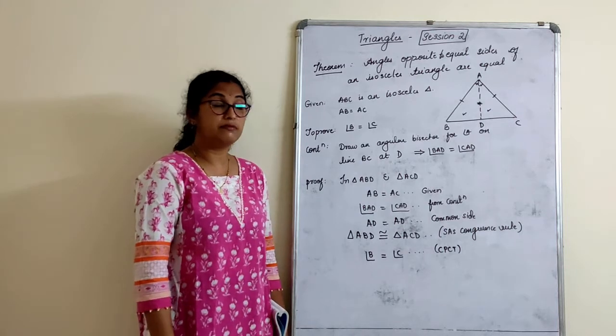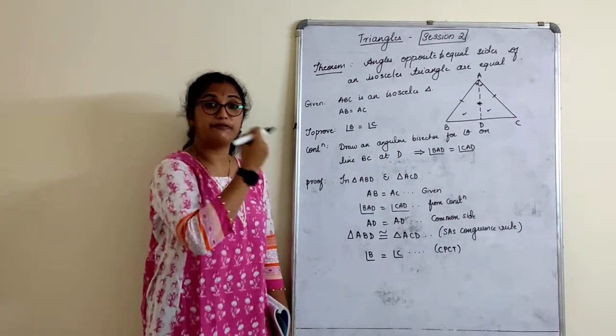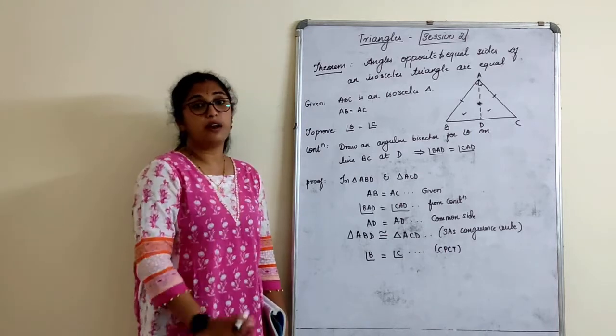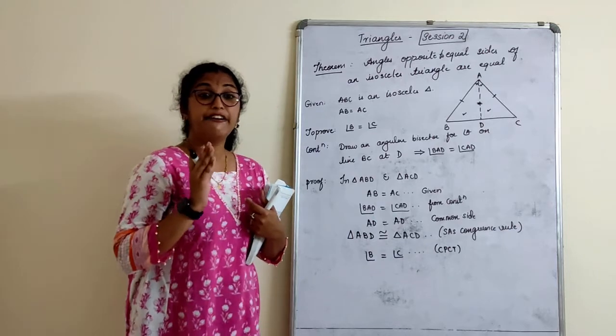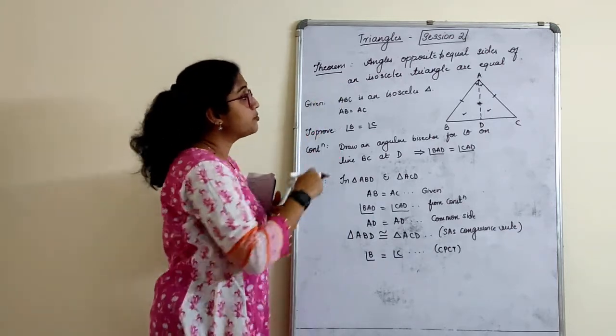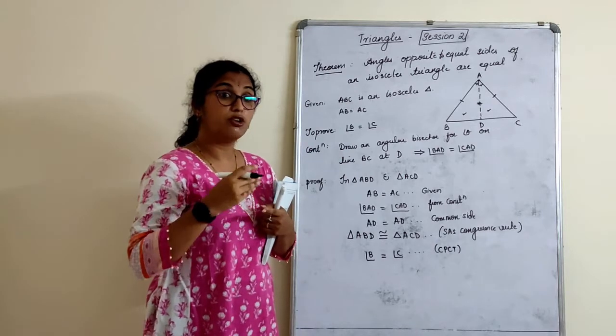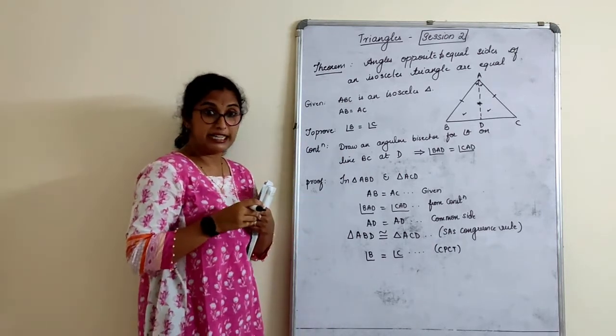Very important theorem. So if you can say that, you can just say that 3 or 2 marks are with you. They are going to ask you this theorem. Now since we have done this theorem, we have a converse of this. Now what does this theorem tell us? Angles opposite to equal sides are equal. Converse will tell us sides opposite to equal angles are equal.